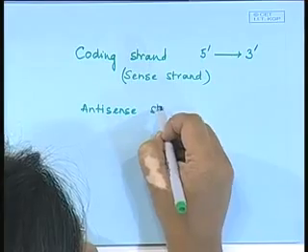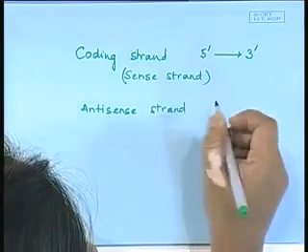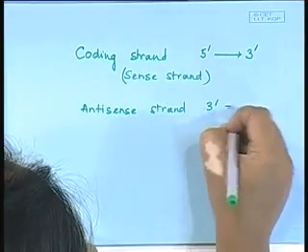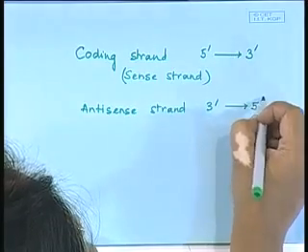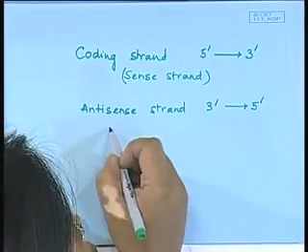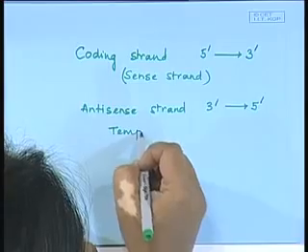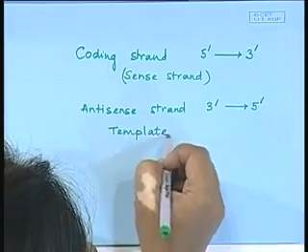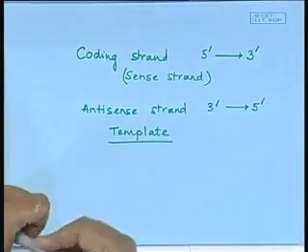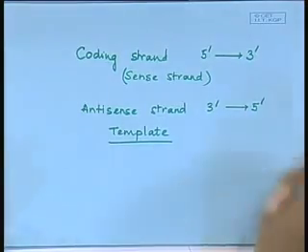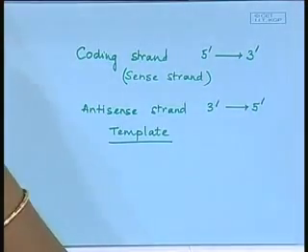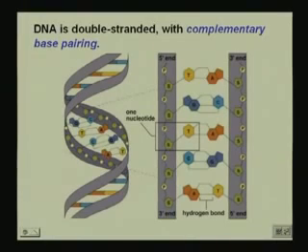The anti-sense strand goes from the 3 prime to the 5 prime, and this is also known as the template strand, because it provides the template for the mRNA, the messenger RNA, which we will see in a moment. Okay? So, if we go back to the slides here,